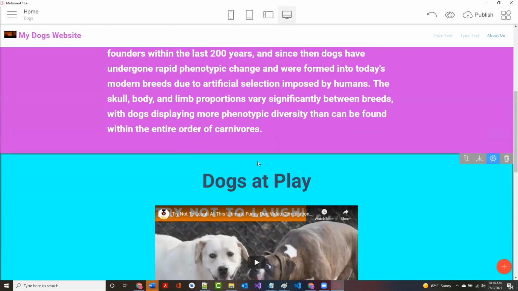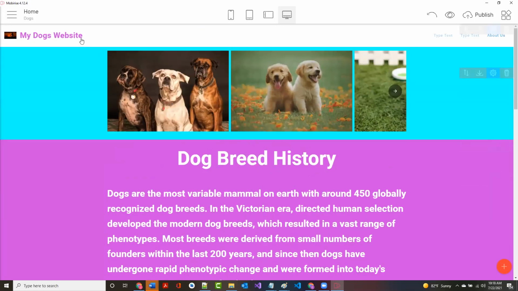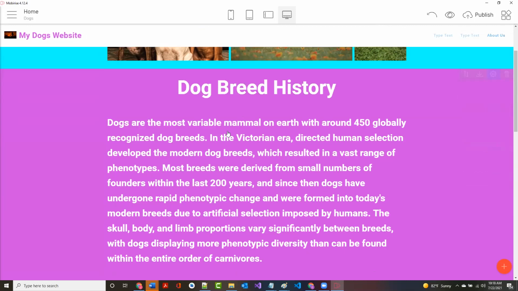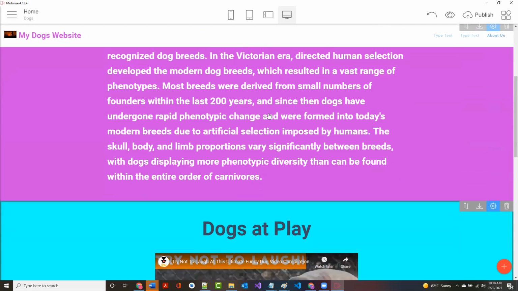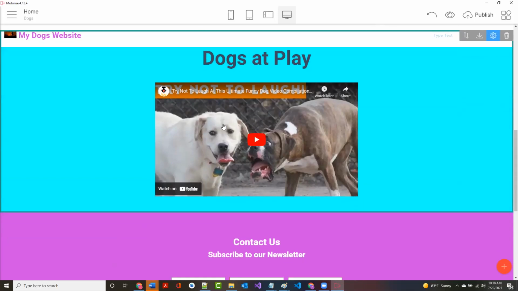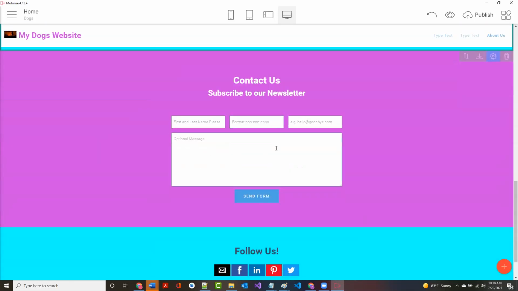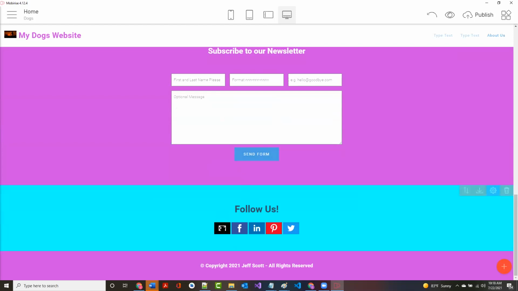So I've got that. So in other words, we came in here, we added a menu at the top. And in that menu, we came in and we changed the logo and we changed the text that was in here. Typically, this is called the tagline. I want to play with this, but again, I'm having some problems with it. And then we went in and we added a very simple slider. Then we added an article. Then we added a YouTube. Then we added a form. Then we added social media.